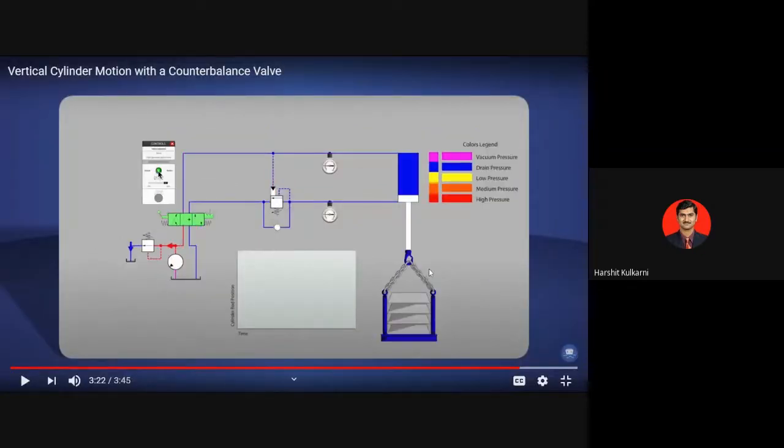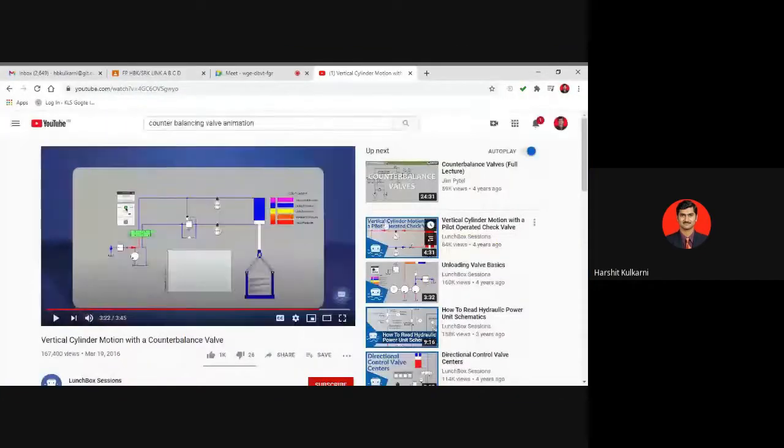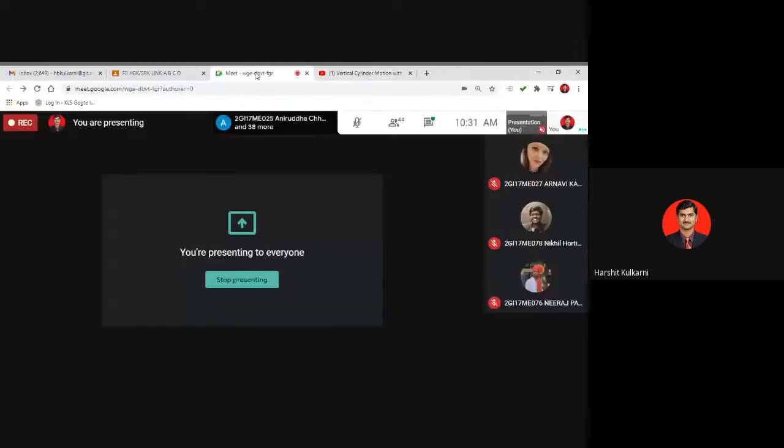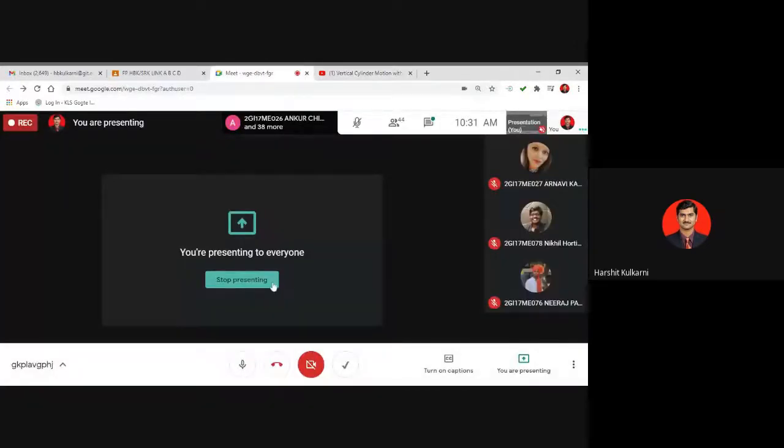So I hope you can understand the benefit of having this counterbalance valve, which will help in making small adjustments, okay? And makes the operation smoother because it will otherwise have a jerky movement. So this valve prevents the jerky movements and will have a smooth operation for loading and unloading of the cylinder. Okay. So that was with regards to this counterbalance valve.